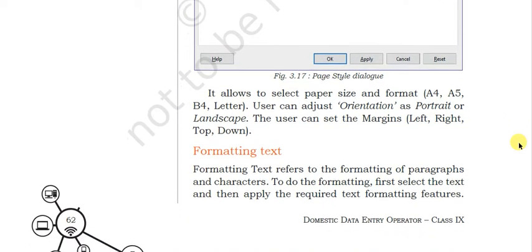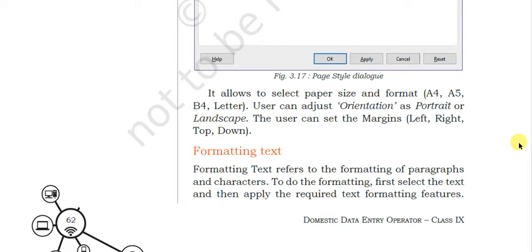Then formatting of text. It refers to the formatting of either the paragraphs or characters. So whenever you want to format, first you have to select that particular text and then you will apply the formatting feature. You must remember this thumb rule.